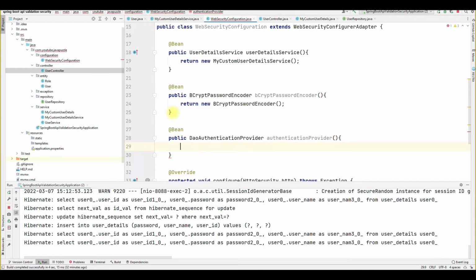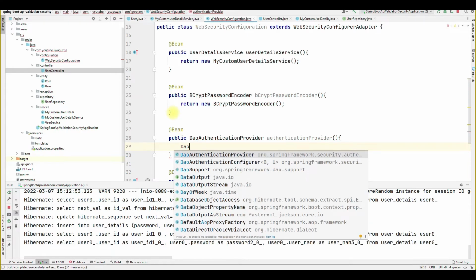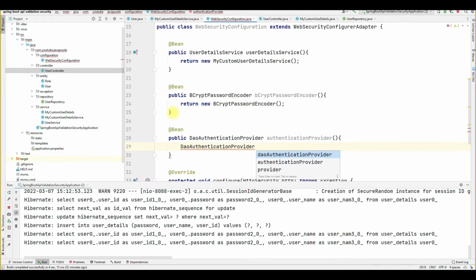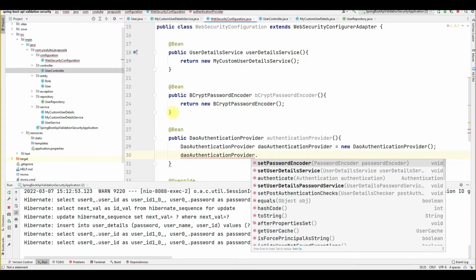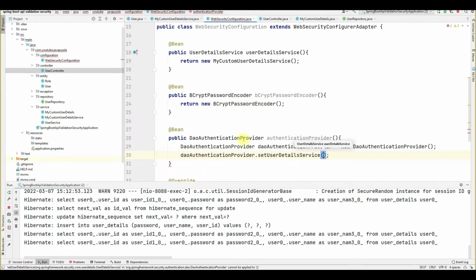Let me first create one object, DaoAuthenticationProvider authenticationProvider is equal to new DaoAuthenticationProvider. Then here we have to set our user details service and password encoder. So authenticationProvider dot, here you will see setUserDetailsService, and inside it we have to pass this bean, sorry.